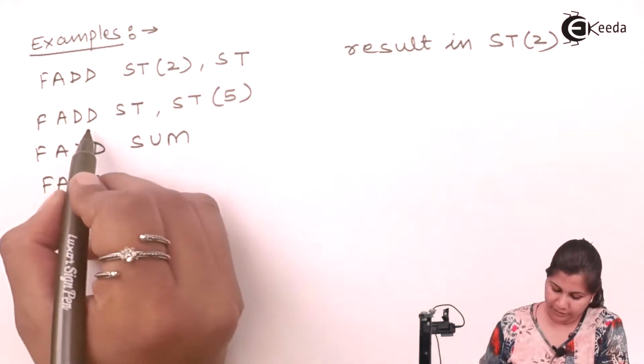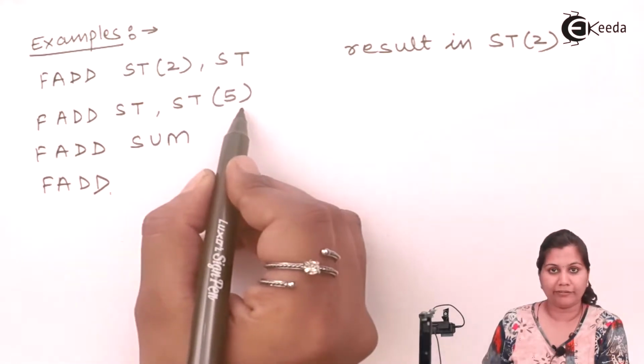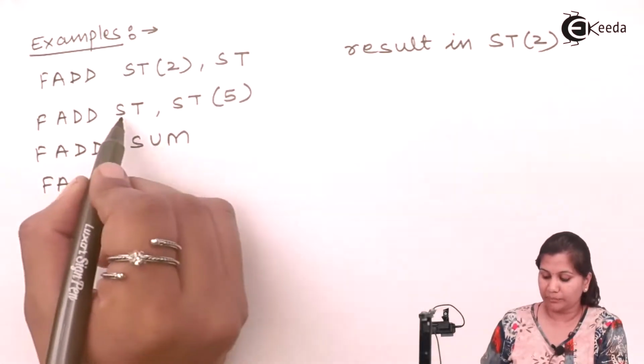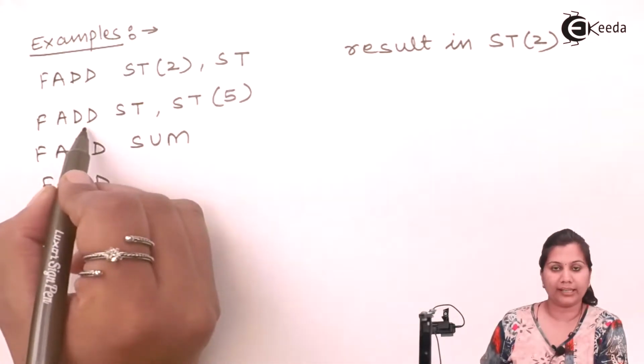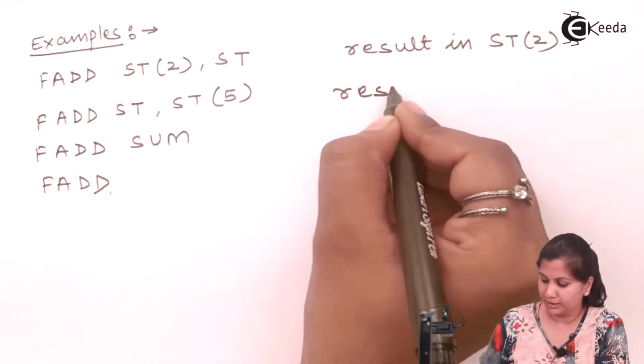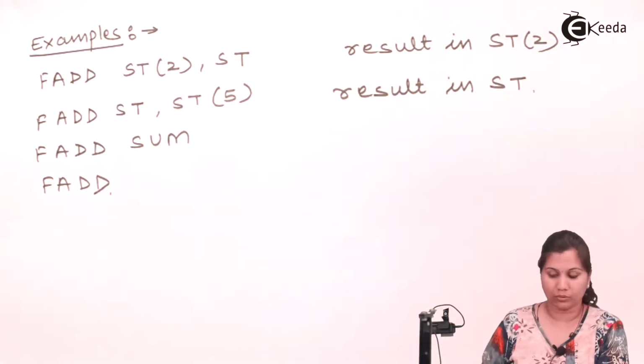Okay, after that, in the second example, you can see ST5. Fifth register will be added with the top of the stack and the result is stored in ST because ST is the destination. Okay, then